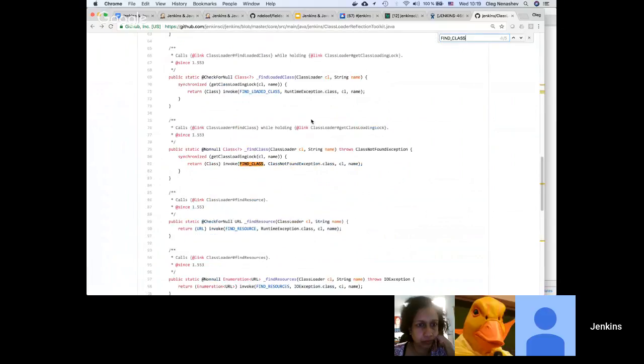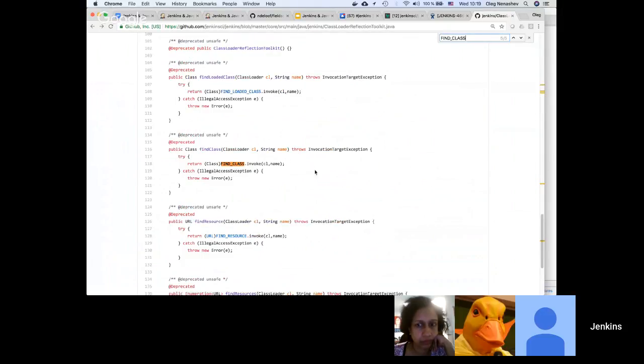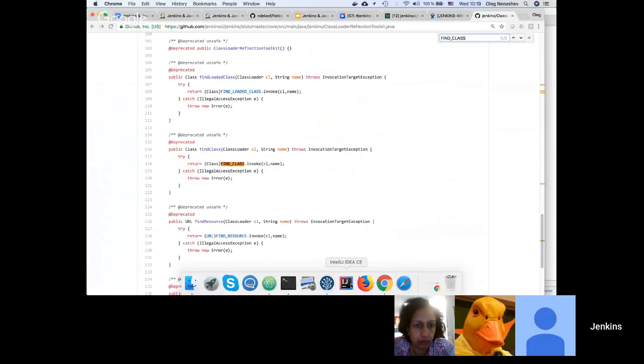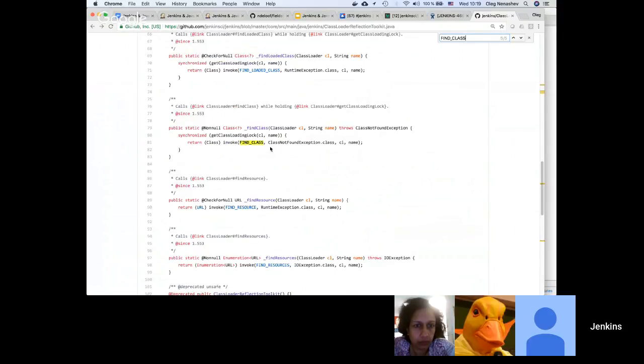One is find class implementation, which just invokes something and throws class not found exception if it's not found. And the second implementation is quite different. I guess it just returns null if something is not found. So what we can do, we can start by checking whether we can fix that.